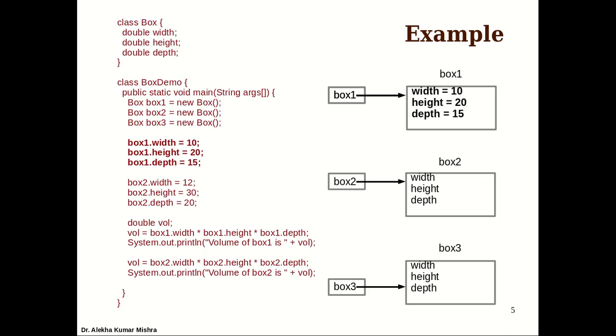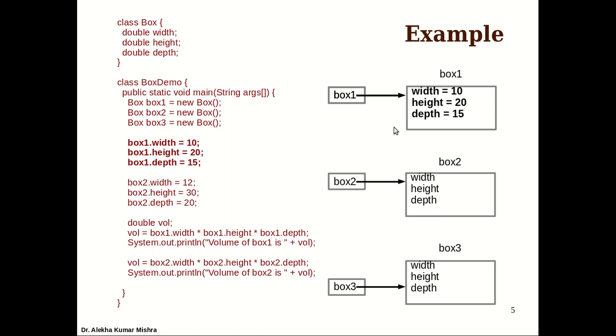Now, in the same example, we are changing, or updating, the state of an object. This is the class we have just seen, and in the main I have created, the same way, three objects, box1, box2, box3. When I created these, memory is allocated. When these three lines are executed, the state